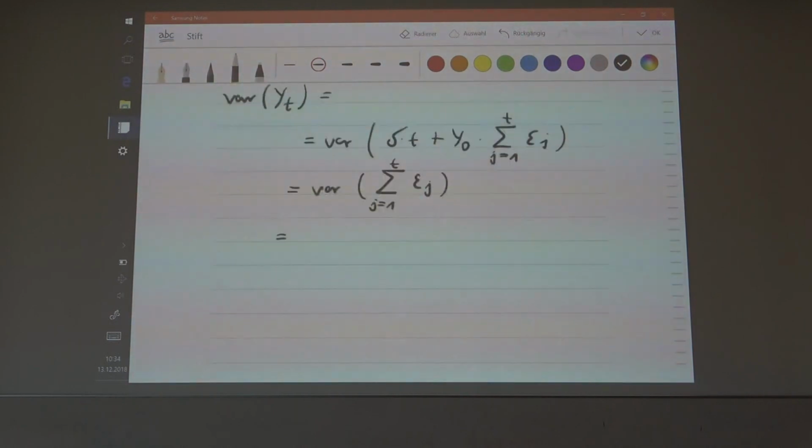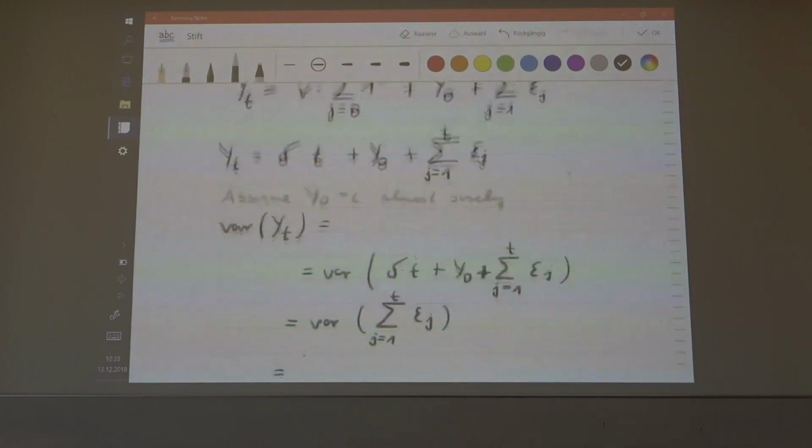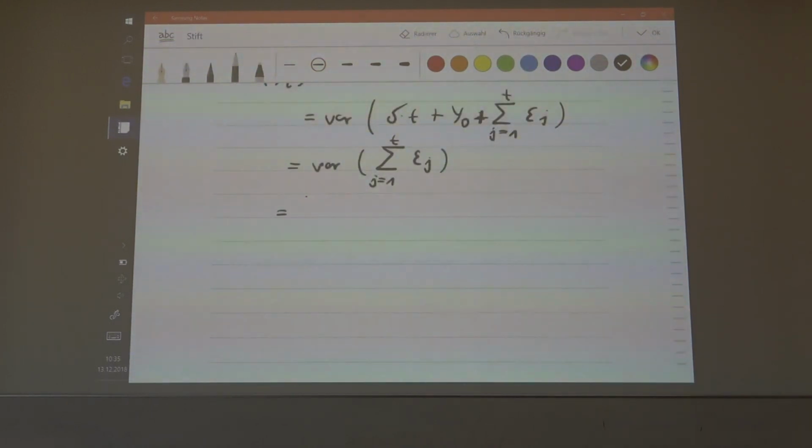No, everything is fine. The variance of the sum is going to be the same. You multiplied y0 times the sum. Yes, now it's plus instead of times. Okay, that was the problem here. Sorry, guys. So they have the starting value plus the sum of the noises. I was a little bit confused because of that.